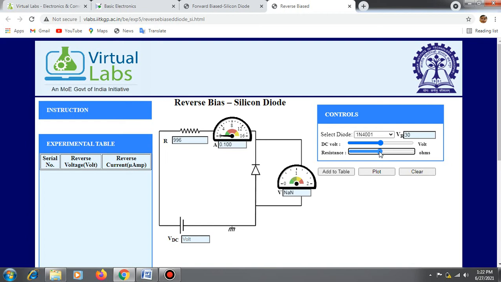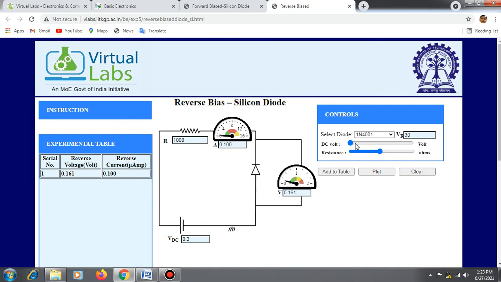Now I am setting the value to 1000 ohm. Now the resistance value is set to 1000 ohm. Now you have to change this DC volt to the smallest value, that is 0.2. Now add these values to the table. So for that, click add to table. Now the values are noted in the experimental table.